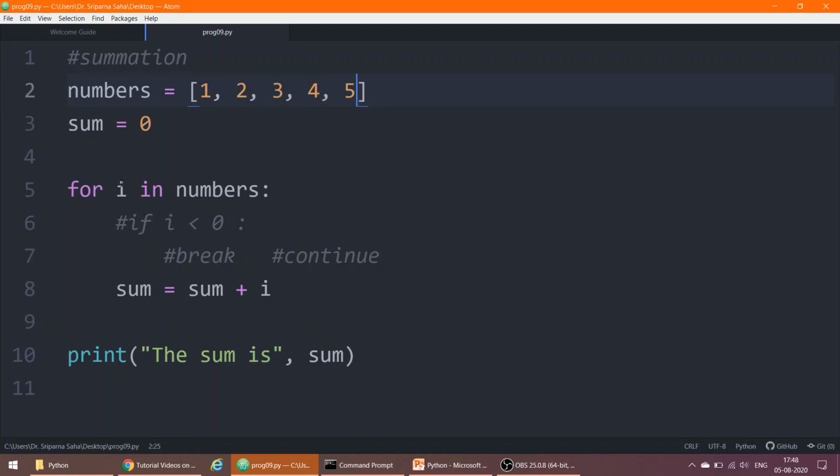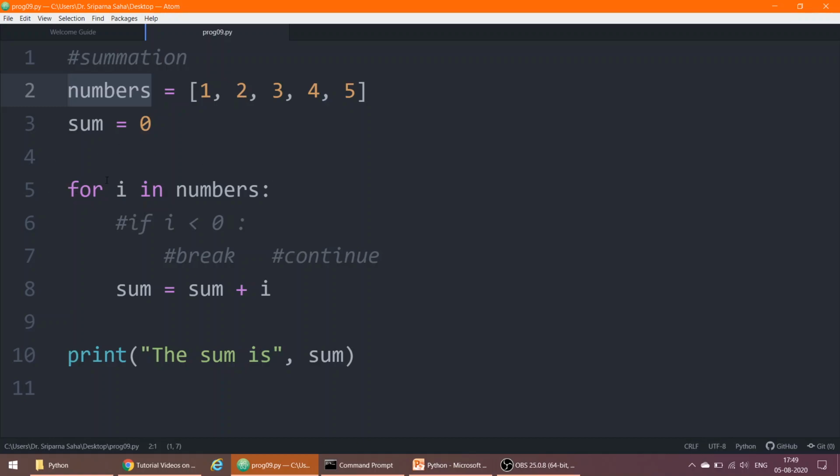So i is a local variable which will run as many times as the number of items in the variable called numbers. In this numbers variable, 5 distinct items are there, so the i value will be from 1 to 5.